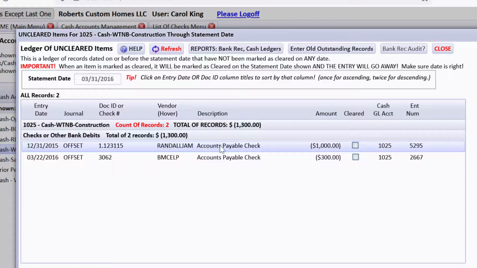And notice that this one that's uncleared when we were doing March 31st was written at the end of December, and it's been 3 months since this was actually written to the boss man of the company. So we're wondering if he's ever going to cash it. So I go and ask him. He says no, go ahead and void that check. So I say, oh, okay, well, I already did the bank rec, but I'm going to go ahead and go void that check. So I'd like to show you how we do that.